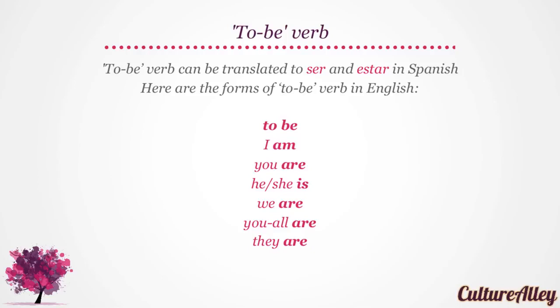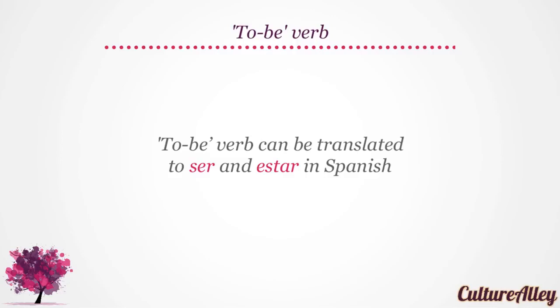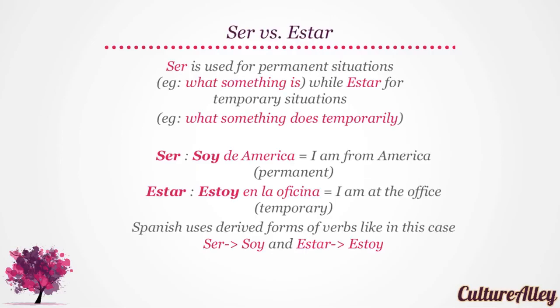Here are the forms of to be verb in English. I am, you are, he, she is, we are, you all are, and they are. To be verb can be translated to ser and estar in Spanish. Let's look at which form to use when. Ser is used for permanent situations, for example, what something is, while estar for temporary situations, for example, what something